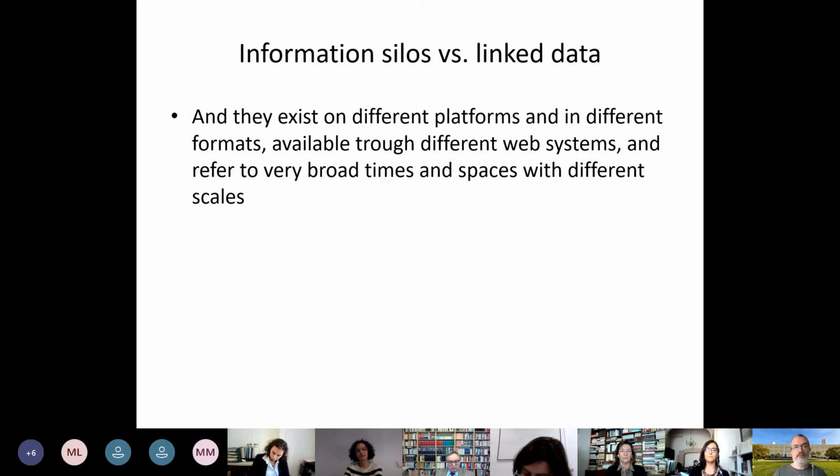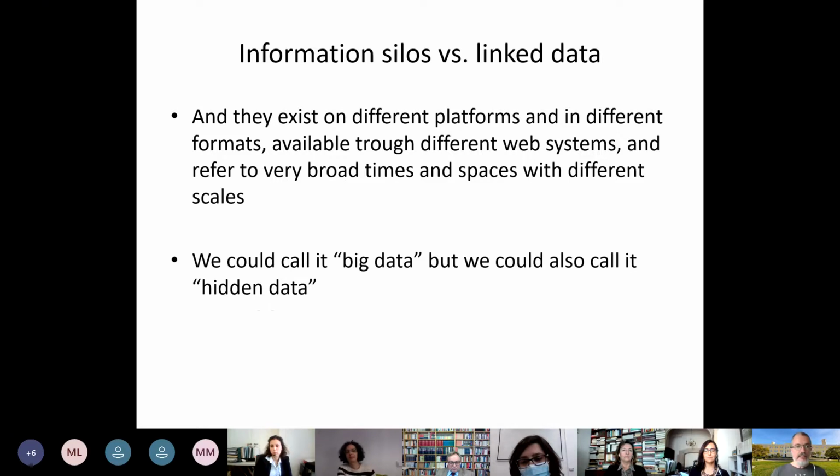They exist in different platforms, in different formats. They are available in different web systems with different protocols, with different metadata schemas, and often they refer to broad times and space that often also come at different scales. So we can call this, and there is a lot of literature on the subject trying to incorporate the concept